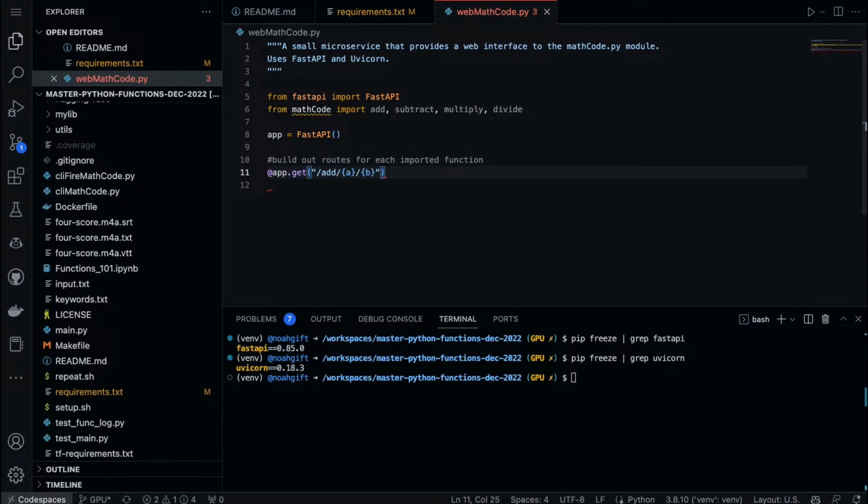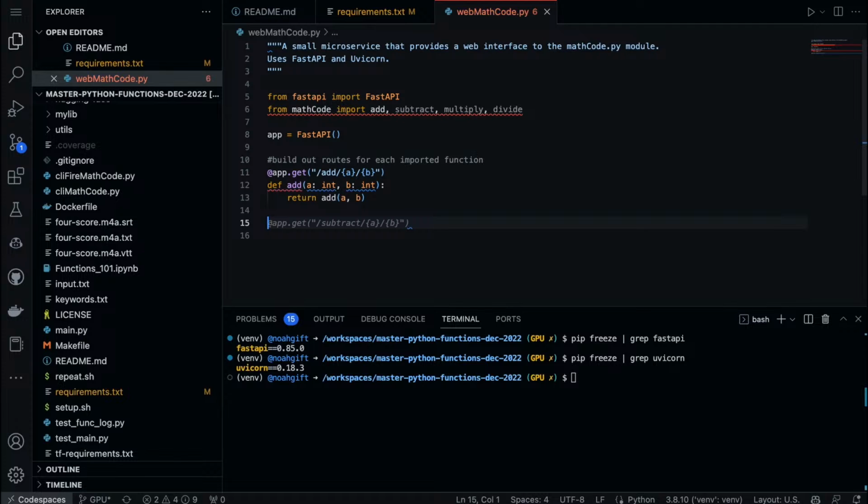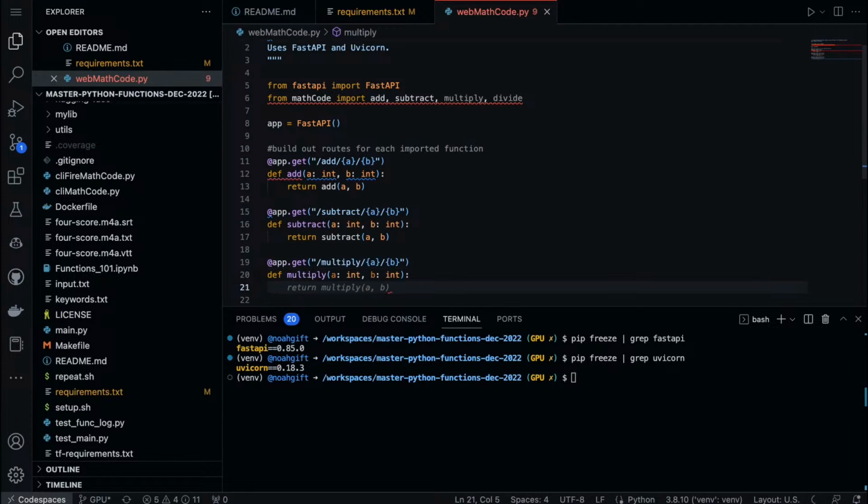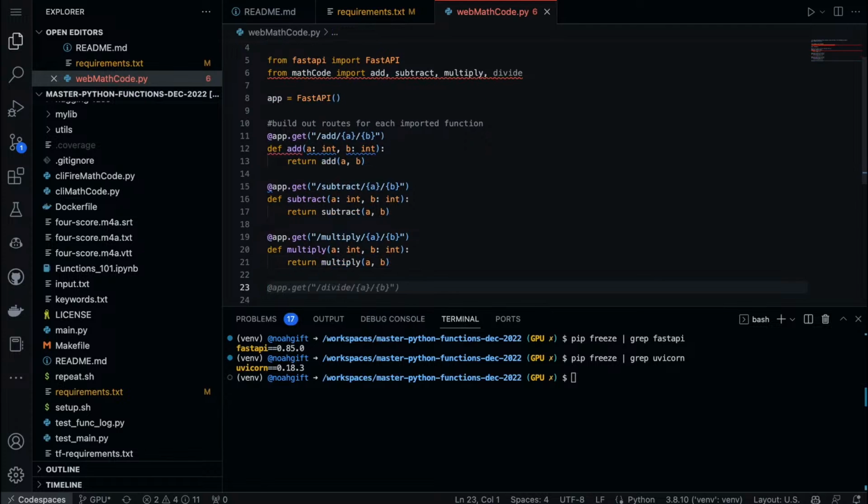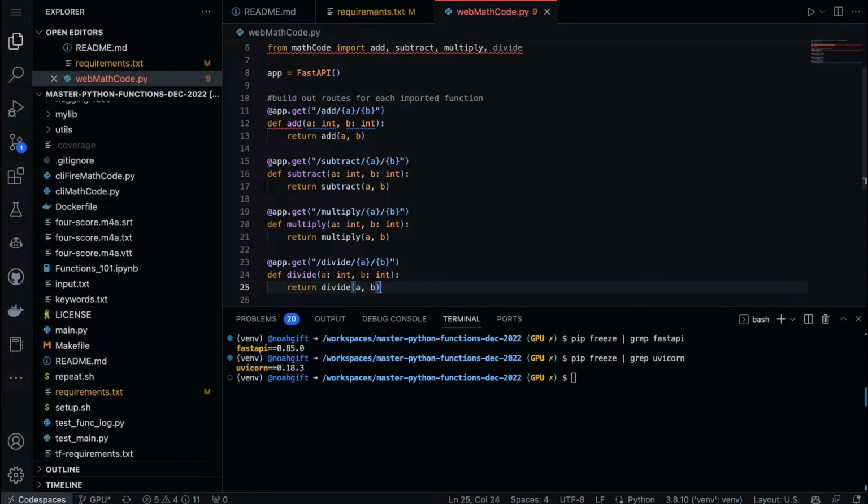So now it's going to know, oh, that's all I've got to do. One of the nice things about FastAPI is that it's just so simple to take logic and put it into a piece of code. Look at this, trivial to do this, right? We do that, trivial, we do that, divide.